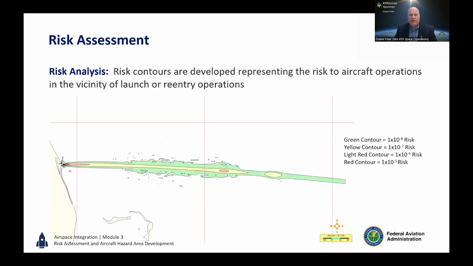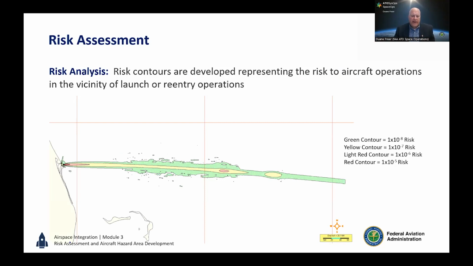Here's an example of a risk assessment that was performed, in graphic depiction. What you see here is a launch operation from the coast of Florida, and the risk contours extend to the east for quite a ways.